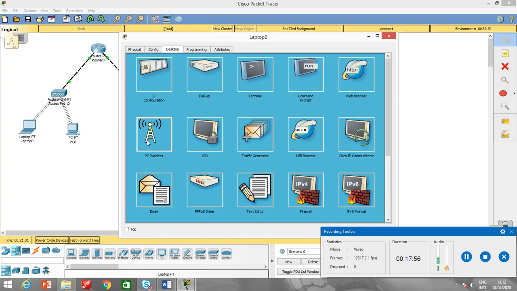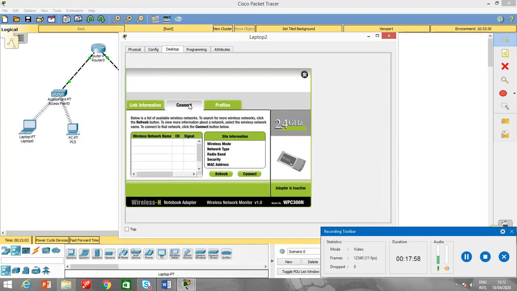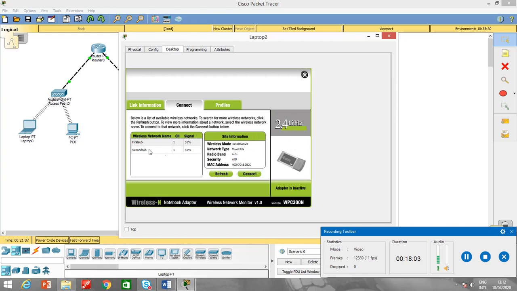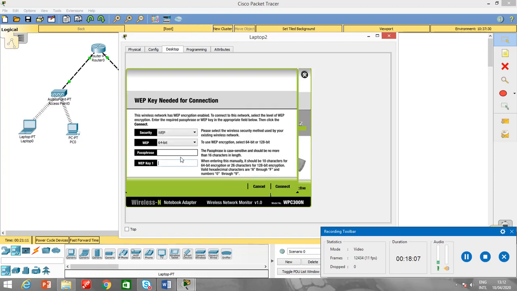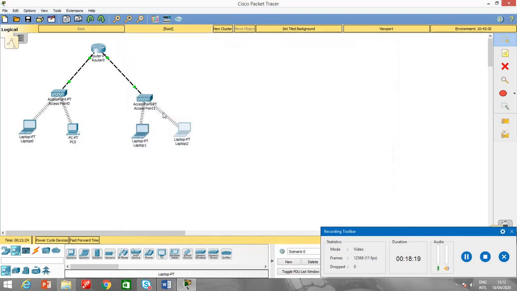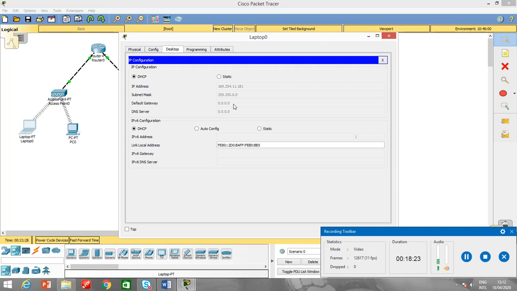Same thing I will do here. I guess their IP configurations have been changed. Normally it happens like this. So I have to do it again. Connect and 1 2 3 4 5 6 7 8 9 10. You can choose any number. Okay. Then I have just connected it. It has been connected. Let me just configure their IP addresses. Let me check. So if you see, it has been changed.